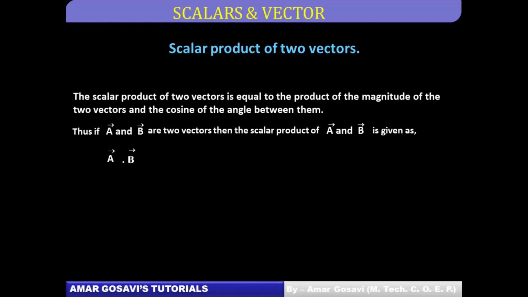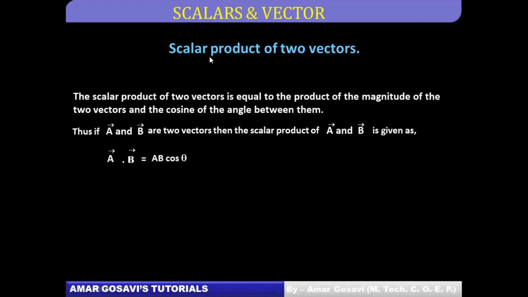Today we want to concentrate on the first type of multiplication, and that is scalar product, where the product is represented as a bar dot b bar, and therefore the name of scalar product can also be dot product. Okay, so let's understand how that is defined. So a bar dot b bar will be equal to the product of the magnitude of the two vectors, a and b, and cosine of the angle between them.